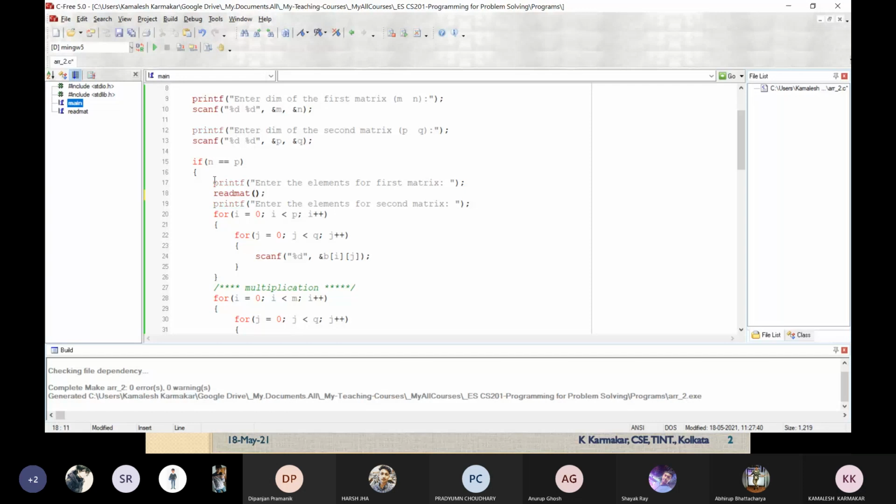If I call this function, what do I have to pass here? The array. The name of the array is a, then m, n. This is the dimension. If I pass this array, then it will be done.